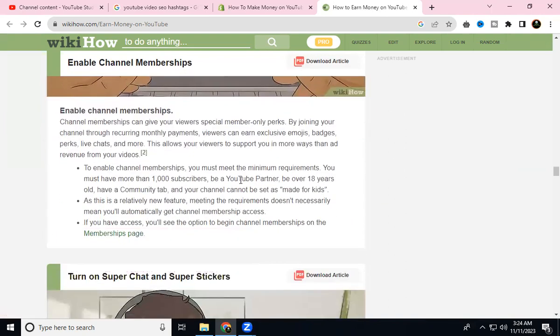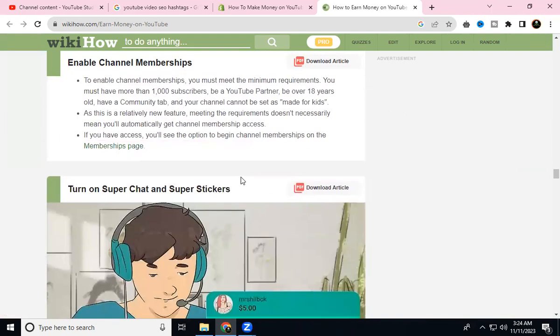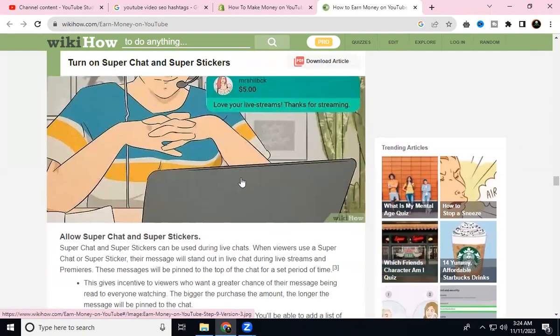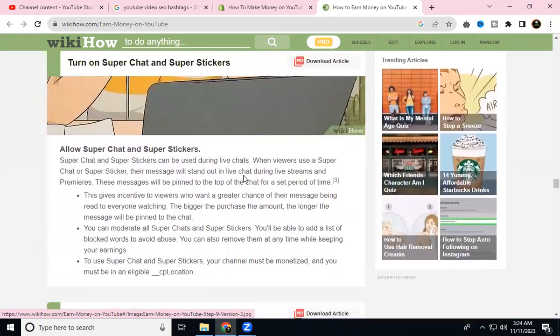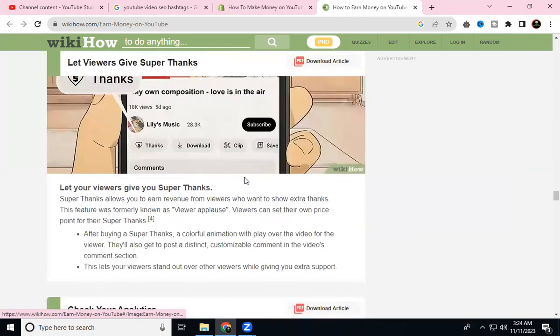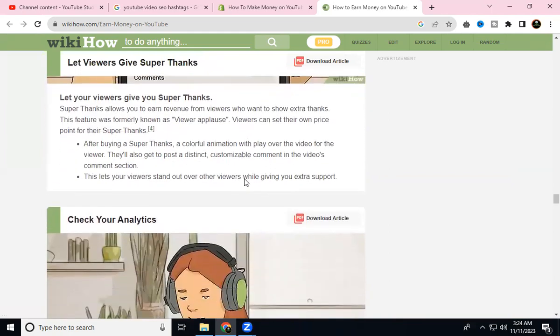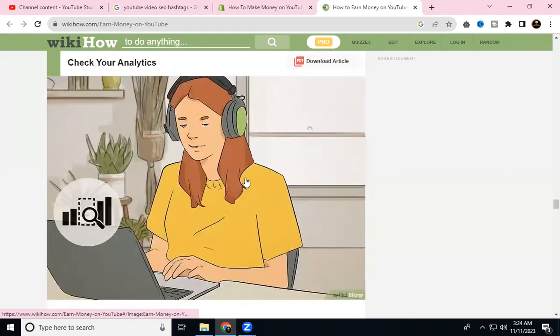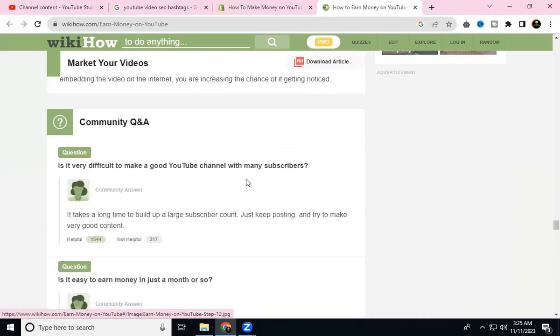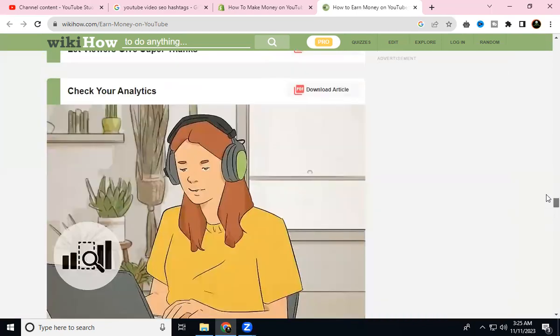Enable the channel membership, turn on chat and Super Chat, go live, and check the live analytics. Check analytics and Facebook, etc.